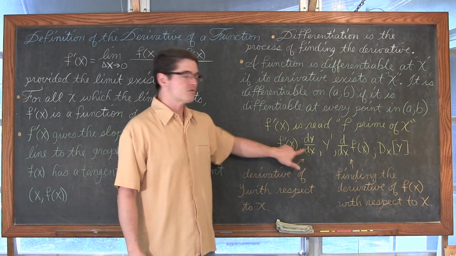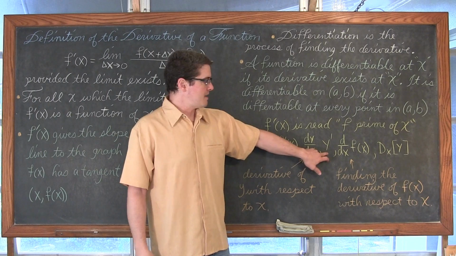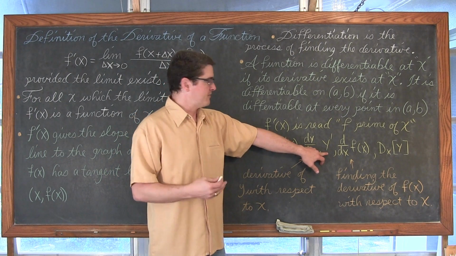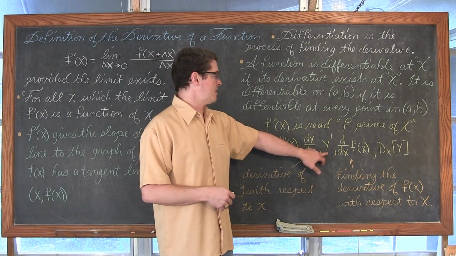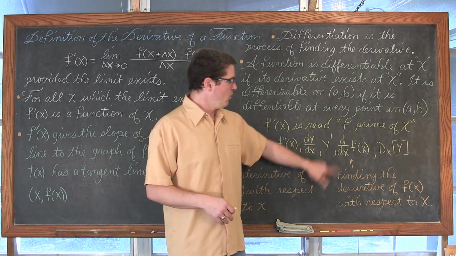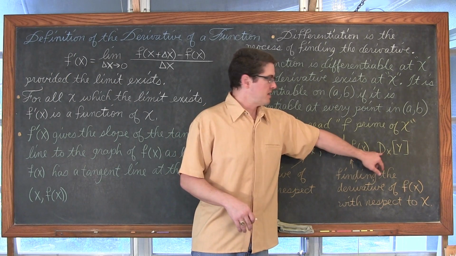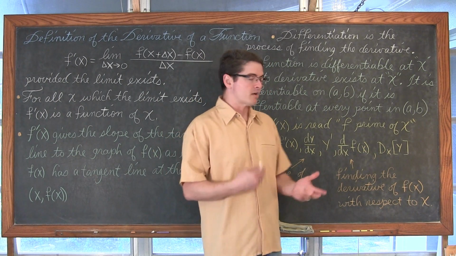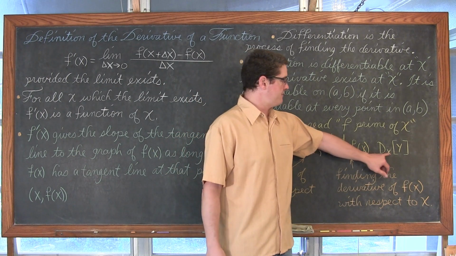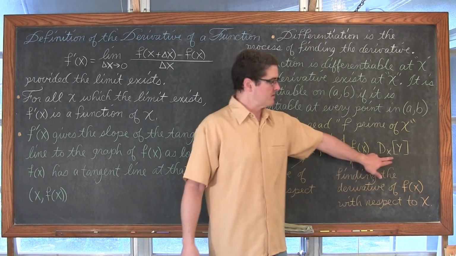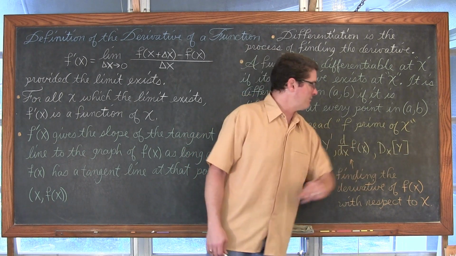These are kind of interchangeable. A lot of times, just to ease the notation and write a little bit of shorthand, we call that y prime of x, y prime, or d over dx of f of x. And then we have this notation, which honestly I'm not going to use in my notes, but my textbook mentions it: d subscript x of y.